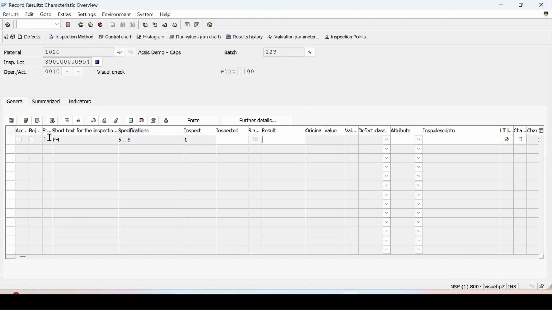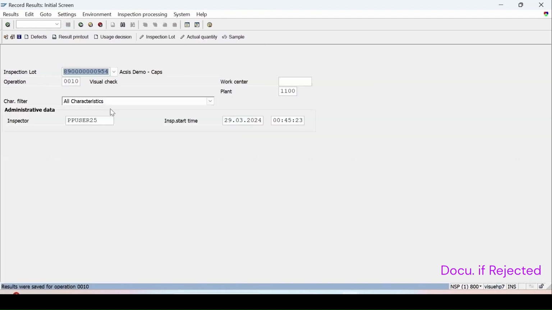If I enter the results within the specification, say I'm entering 6 and the specification is between 5 to 9, and press enter, the valuation is accepted, and then click on save, it will allow you to do it. Let me again go to the result recording,